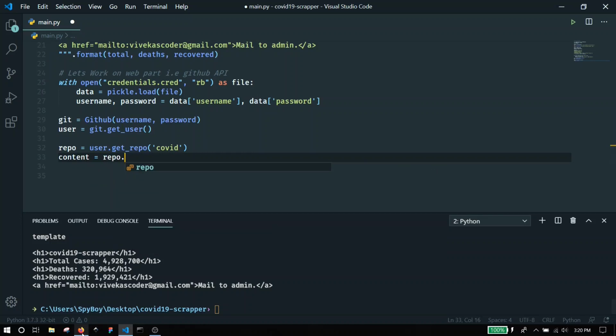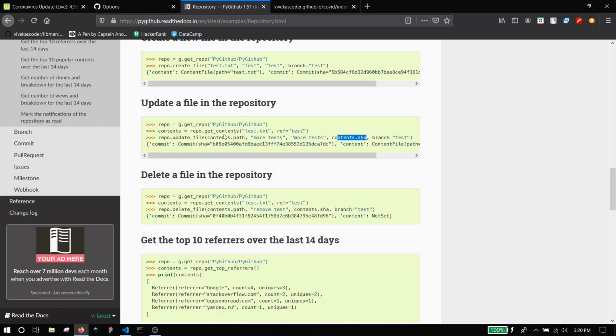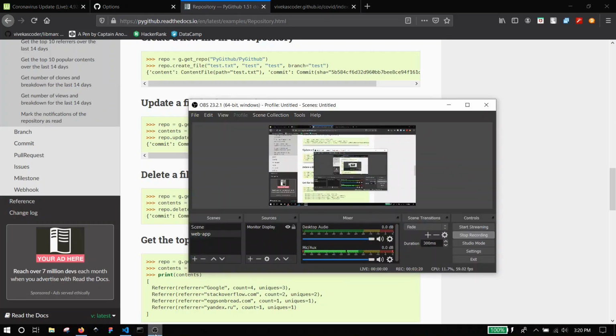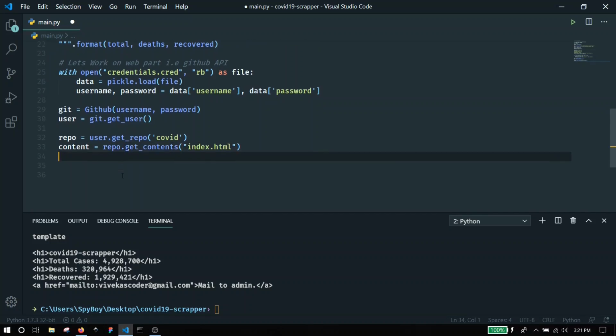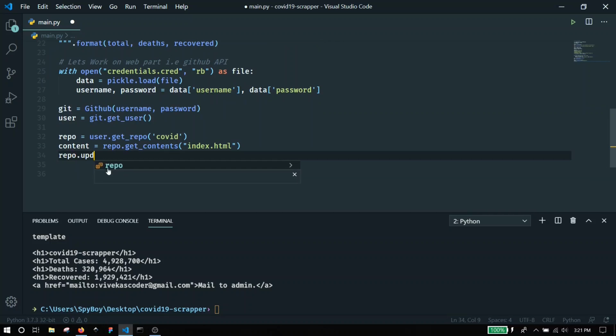Now let's make the content object as well. That is going to have one major parameter, right? So repo.get_contents and providing the name of the file, it's index.html in our case. Once you have done this, now let's use the repo.update_file method to update the content, right?